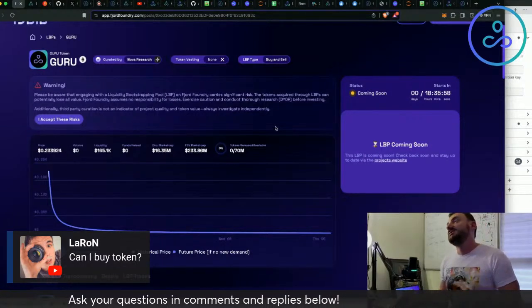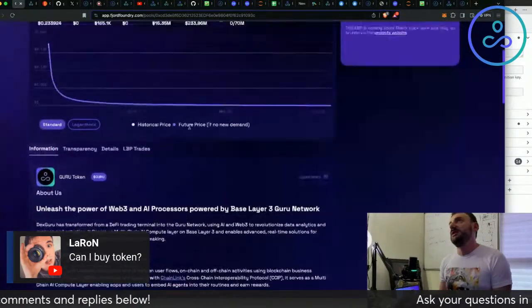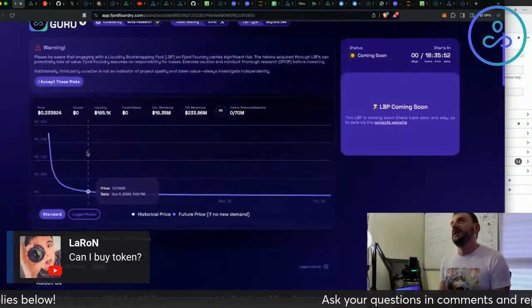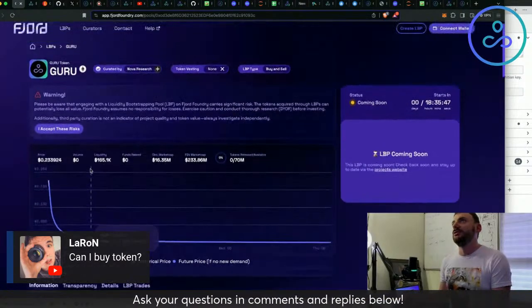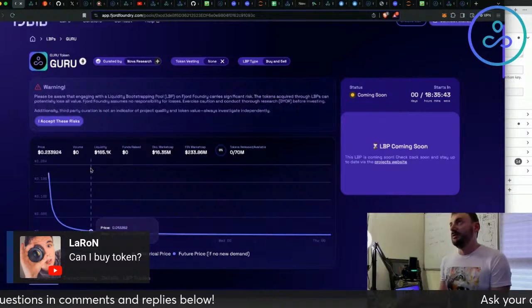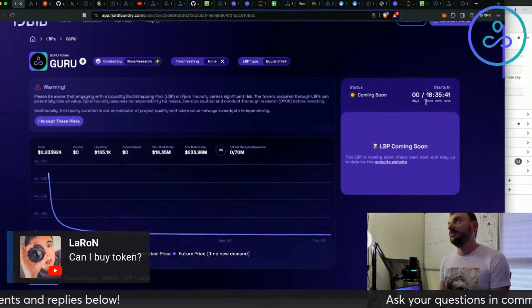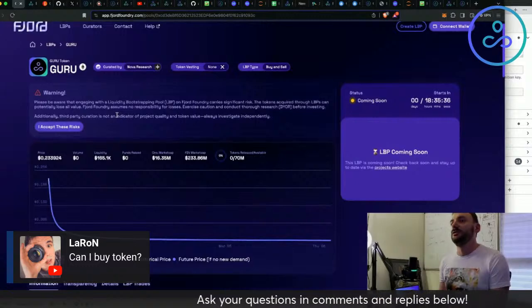Yeah, it starts in 19 hours, and it's a price discovery event, a liquidity bootstrap provisioning event, and that's the first time the Guru token is going to be publicly available. So 19 hours, on Fjord. We have a Guru listing here.